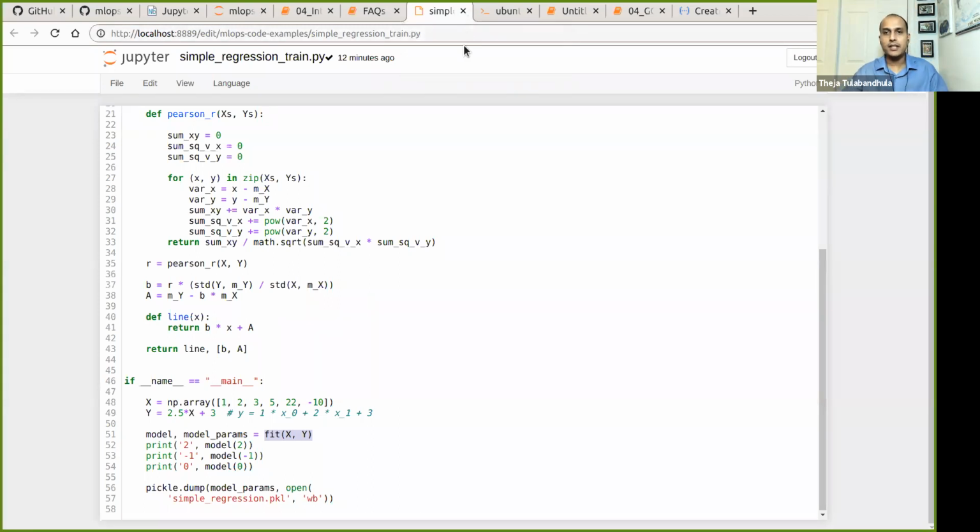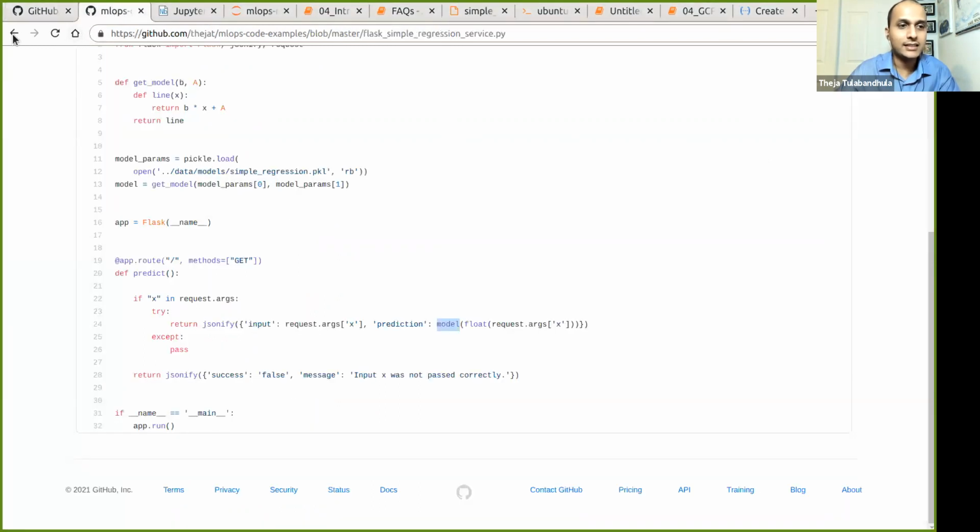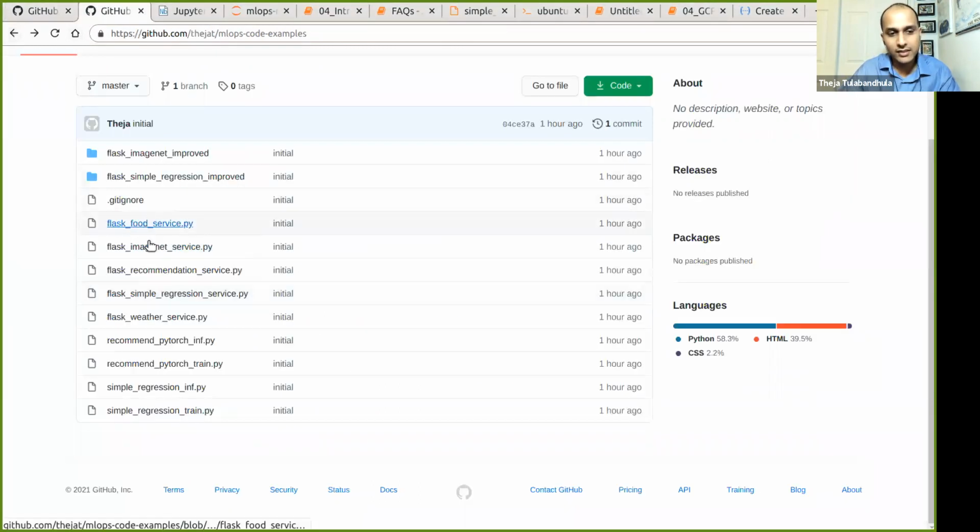So what I wanted to get to was last time. I wanted to show you a few things, but I'll just tell you what I'm skipping over. Actually, any of these Flask py files here. So let's say the food service. I think last time we saw the food service thing, right?